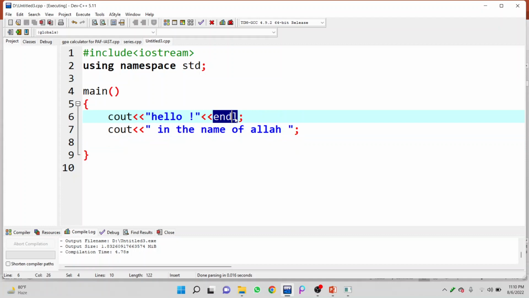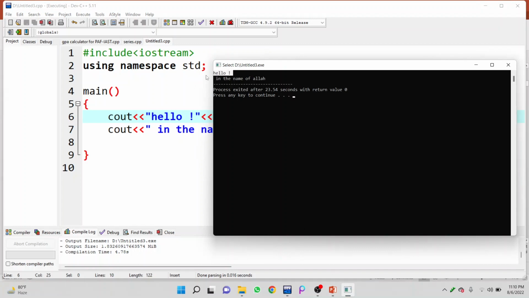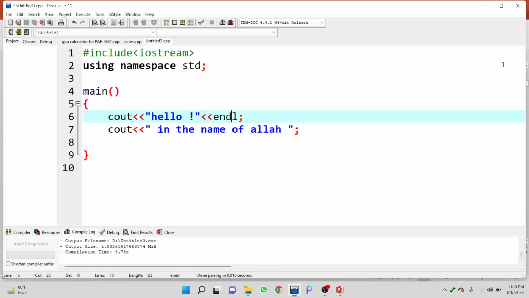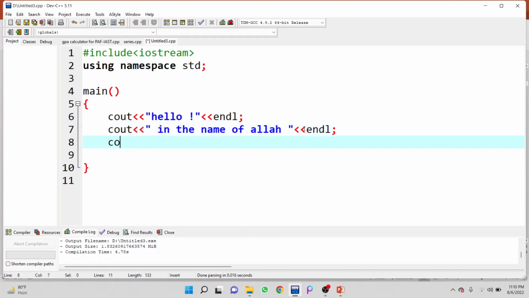End is end and L is standing for line. So endl will basically end our line. Look, now we are having hello, then after that we are having in the name of Allah. So the same goes for any other case that you want. If I just use endl there, and after that I'm using cout